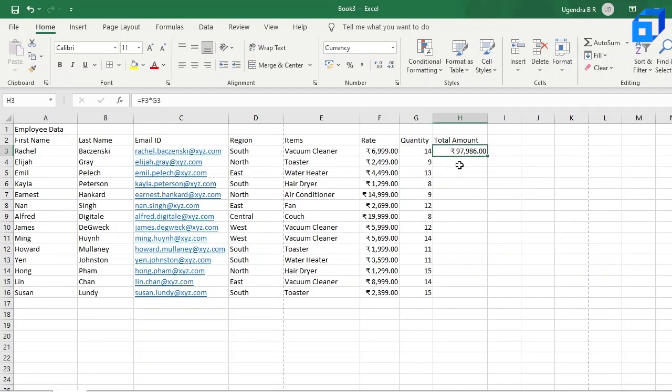And now to fill the rest of the values, you can go to this H4 cell, and then press equal to and do the same thing here as well. So that's F4 into, so that's shift 8 key and then G4. You can see that the product has been formed. And now if you want to fill the rest of these values, you can use the fill handler function in Excel.